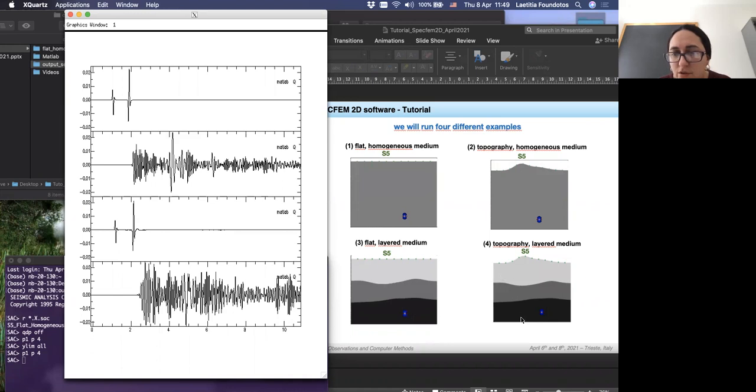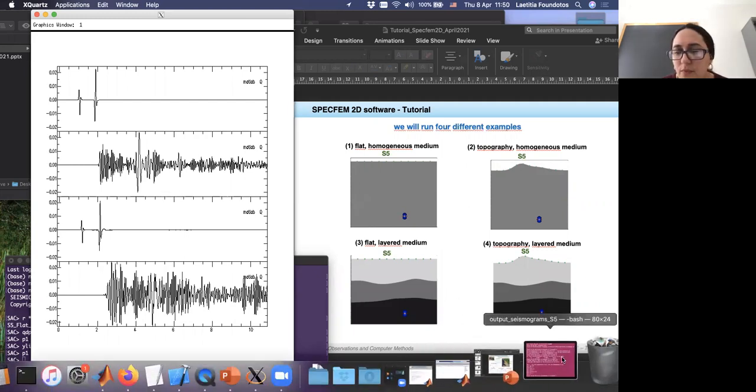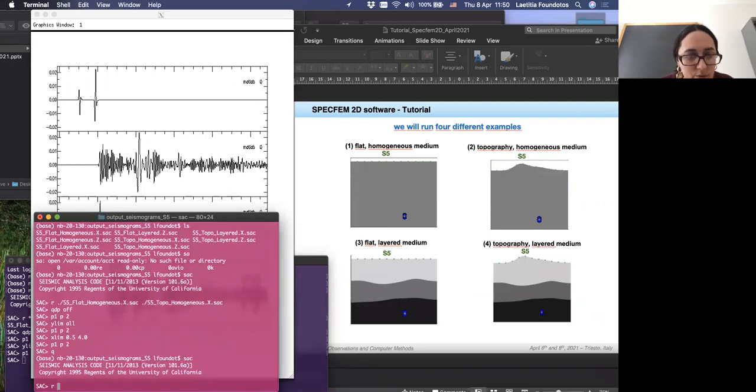Now we can compare specifically this case with this case. So same geological layers, but here flat and here topography. Because if you remember, between this one and this one, the difference is not really huge. But here between this one and this one, we can observe some difference. Maybe the combination of lithological site effect and topographical site effect has produced something quite different. So maybe we can just observe these two examples.